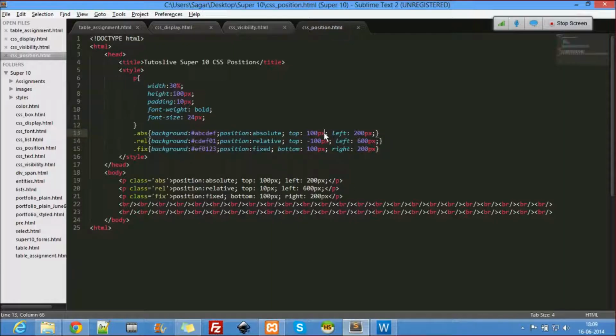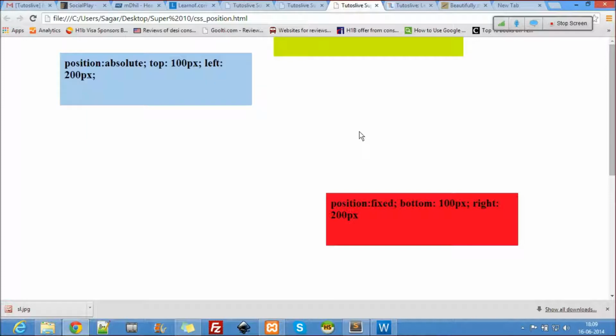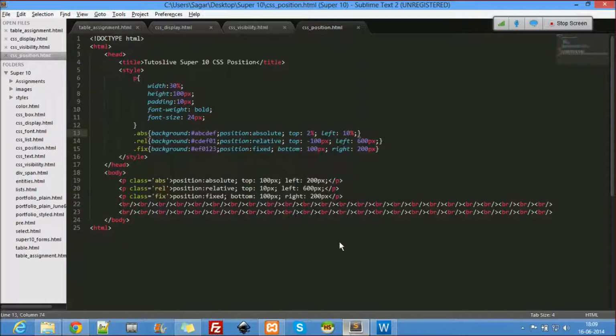So top 2%, left 10%. Oops. Let me just check. I have never tried this. So for the absolute, right? Yeah, it's working out. So maybe percentage may help us in responsive design using this. Yeah, you may try.